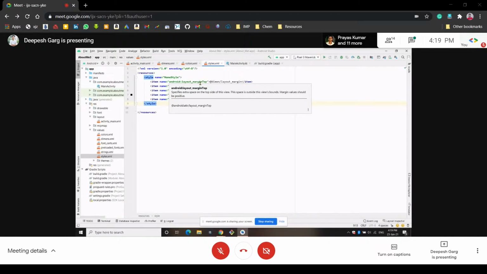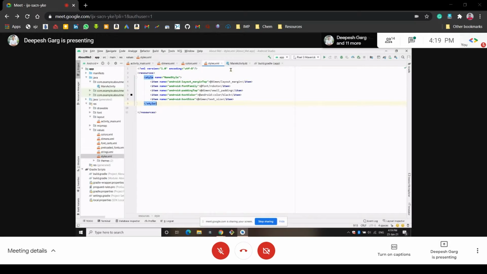So it is aligned in a linear way, in a vertical manner. I have given some margin from the top. This margin is defined through this dimension layout margin, because we have created one dimensions file also.